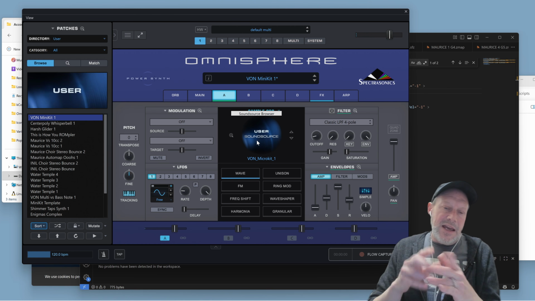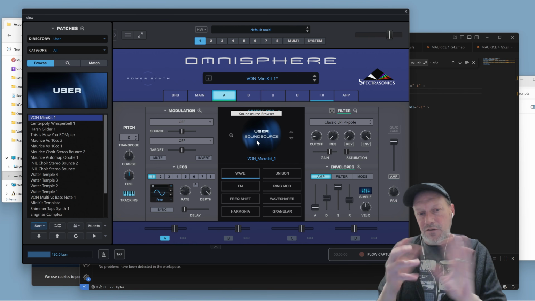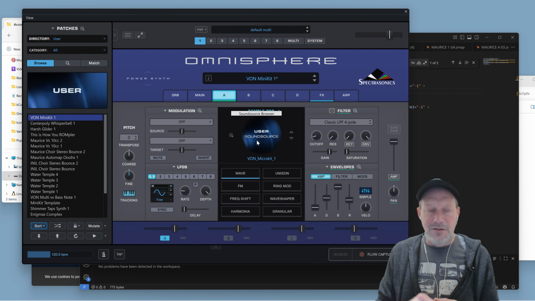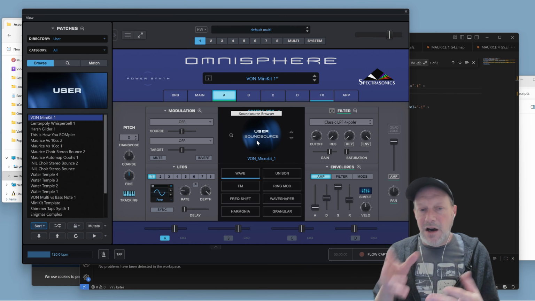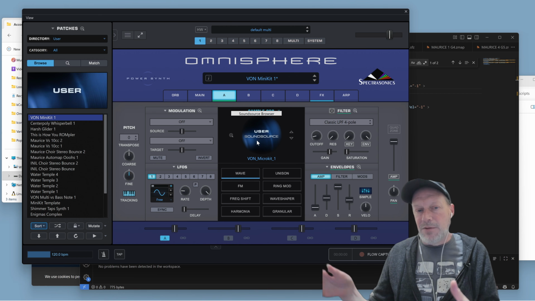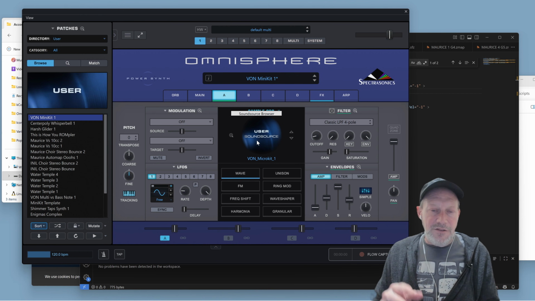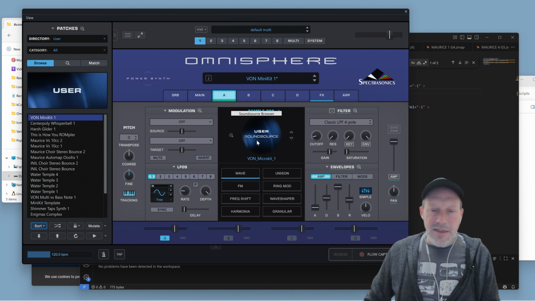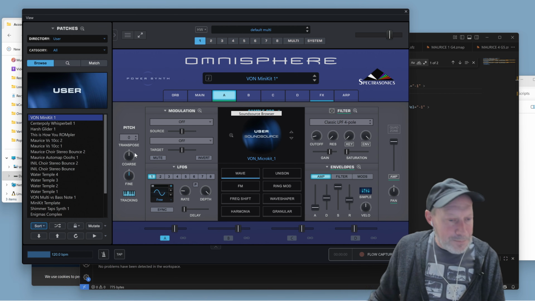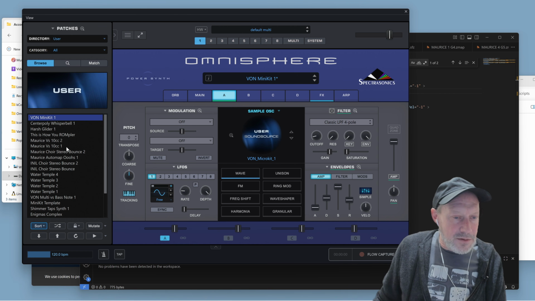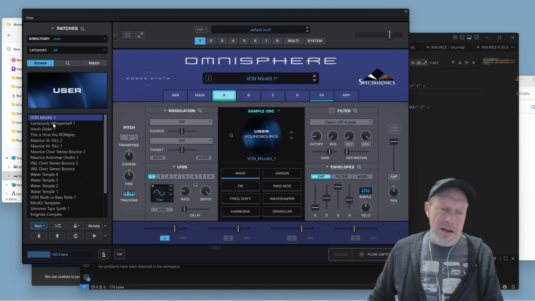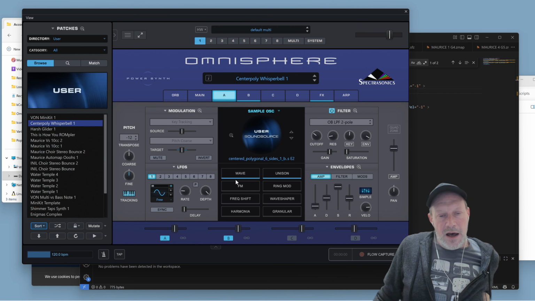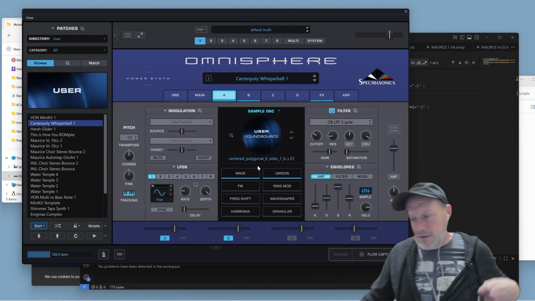And so in addition to just converting all of the samples in varieties of noise into Omnisphere format, I'm doing a little library of Omnisphere patches that utilize them. And so, there's a whole bunch of different stuff in here. Another thing that we can do, and right now, this particular sound,